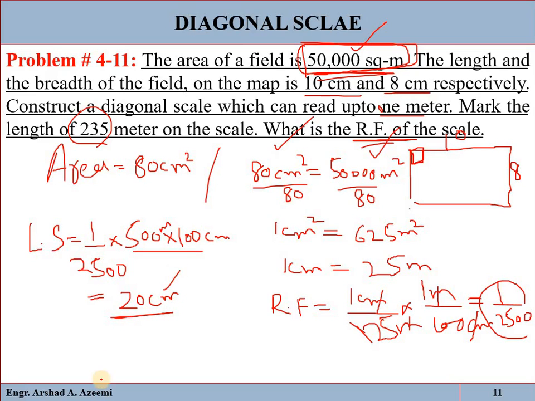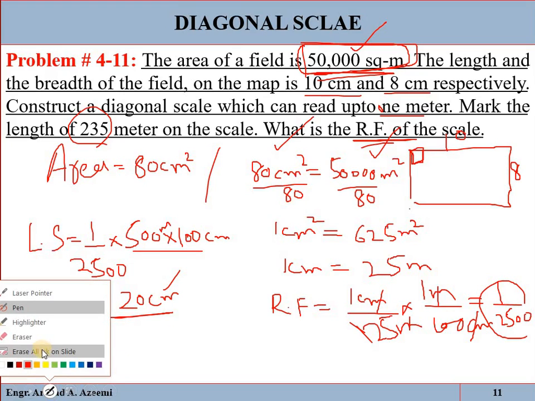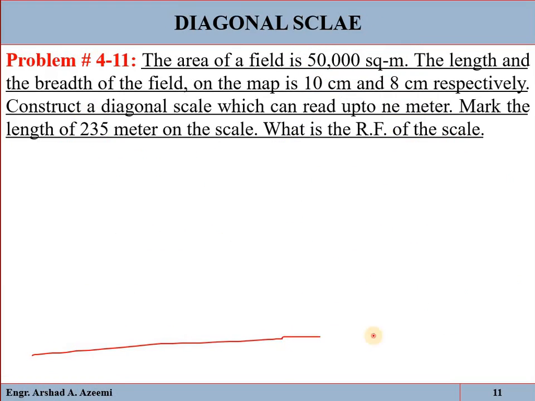Remember this value. Let me clear it. So just draw a line of 20 centimeter and divide it into 5 equal parts: 1, 2, 3, 4 and 5. So 0. Now see, each part will